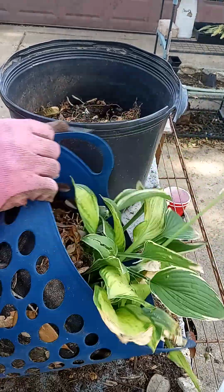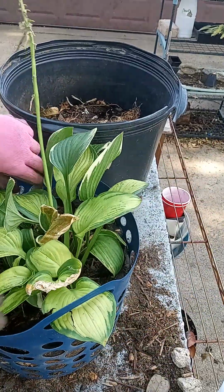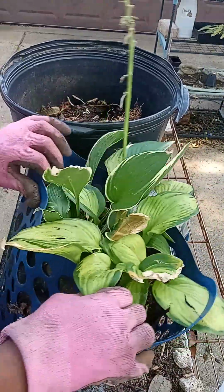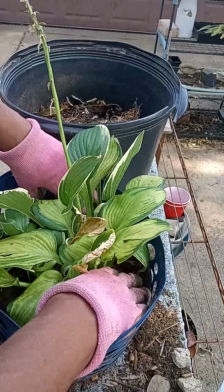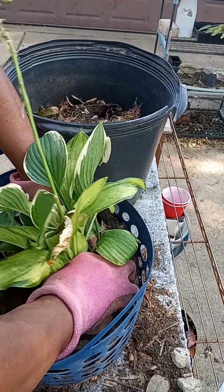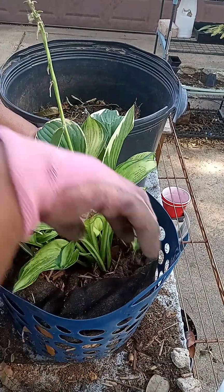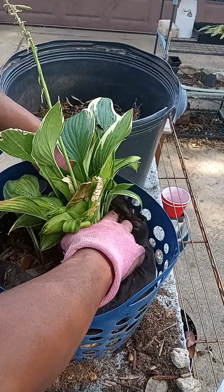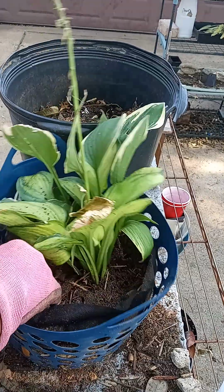And I'm about to up-pot my other hosta plant. Now, as you can see, this is landscaper cloth, and these baskets I actually got from the Dollar Tree. So I put the landscaper cloth in and filled it with dirt. When I tell you guys that anything that will hold dirt and water can potentially be a container, I really do mean that. All right, so let's get this out of here